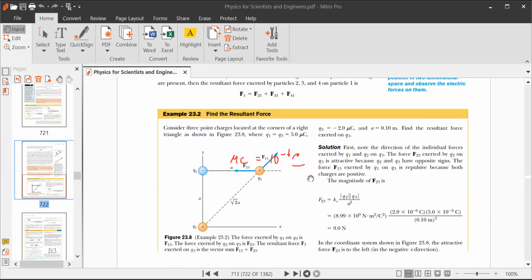So the distance between Q1 and Q2 is A, okay, and Q2 and Q3 is A, okay. So the distance between Q1 and Q3 is A square root 2. Okay, so if we want to know about F23, F23 means that